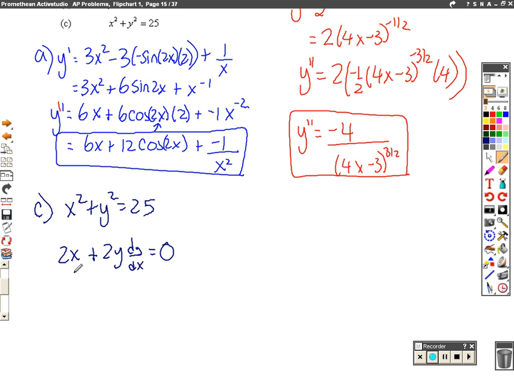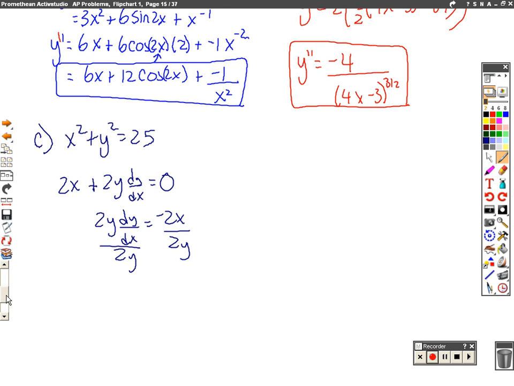Move the 2x to the other side, so we get 2y dy dx equals negative 2x. Divide both sides by 2y, and we get that dy dx is equal to, I'm going to cancel out the 2, so negative x over y. All right, second derivative, I have to take the derivative of the derivative. So the second derivative here,